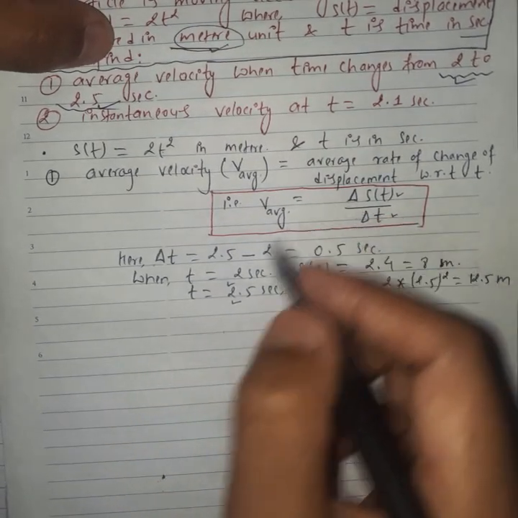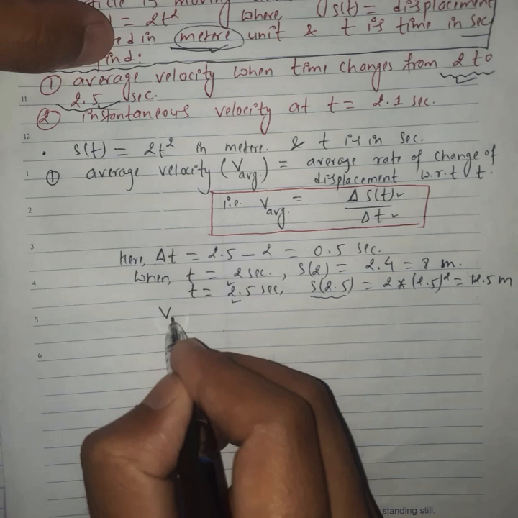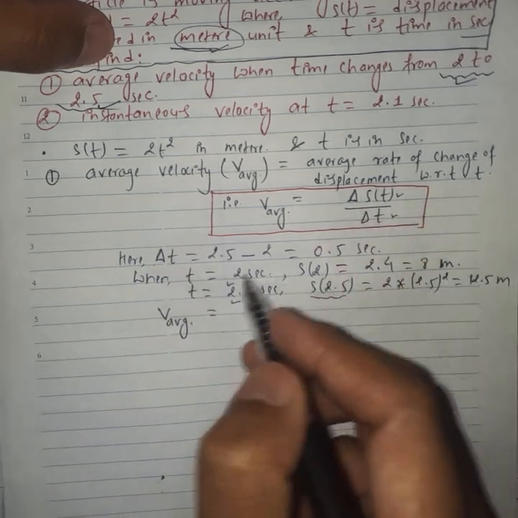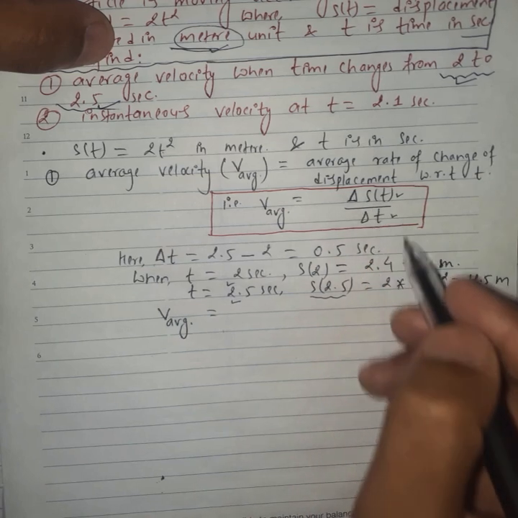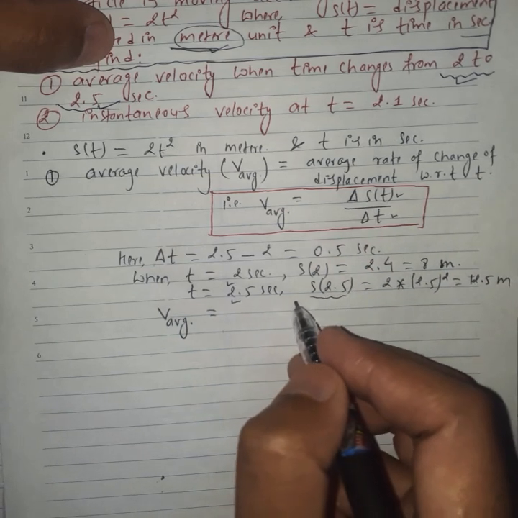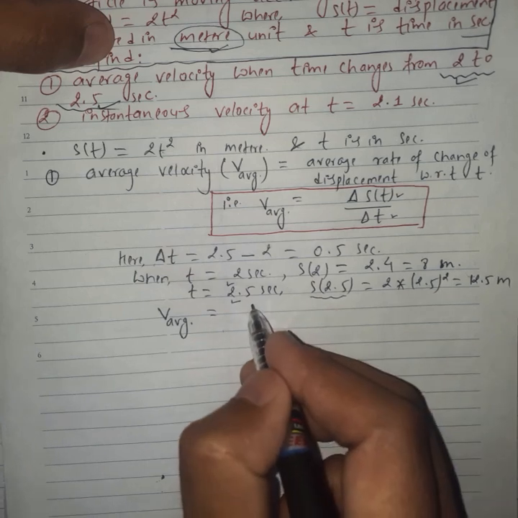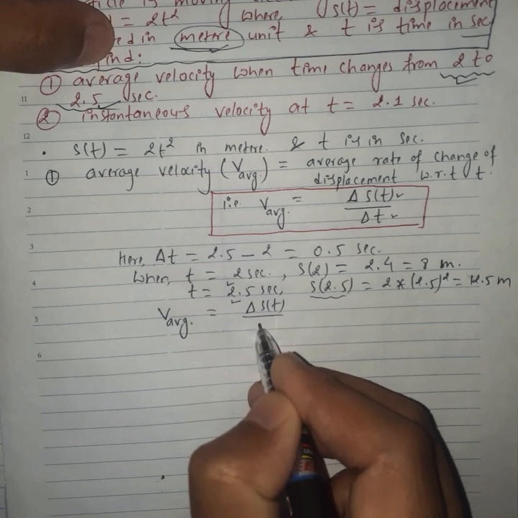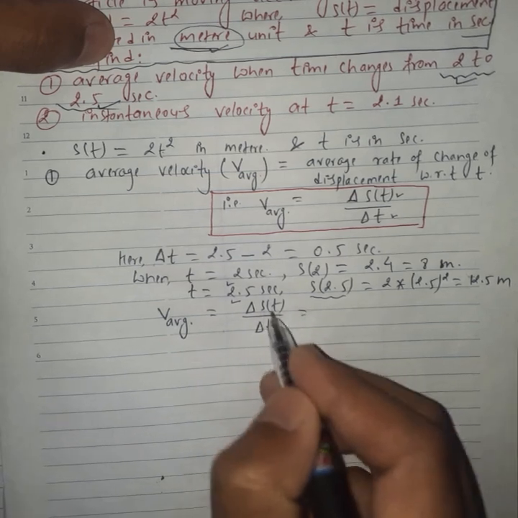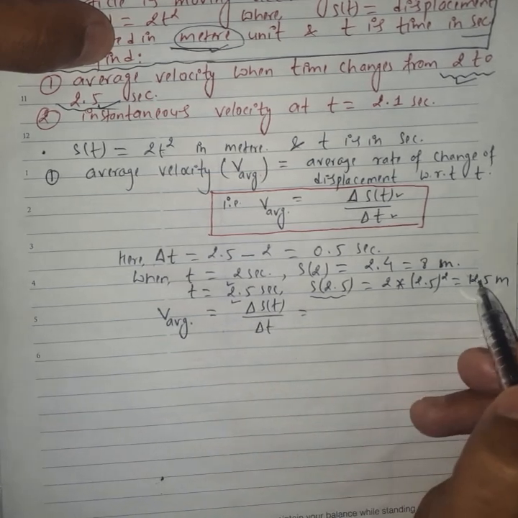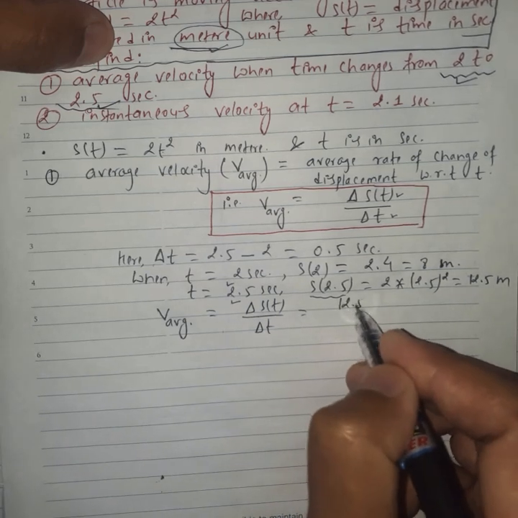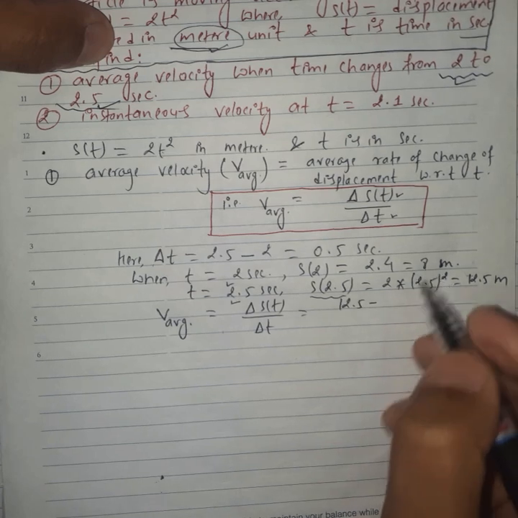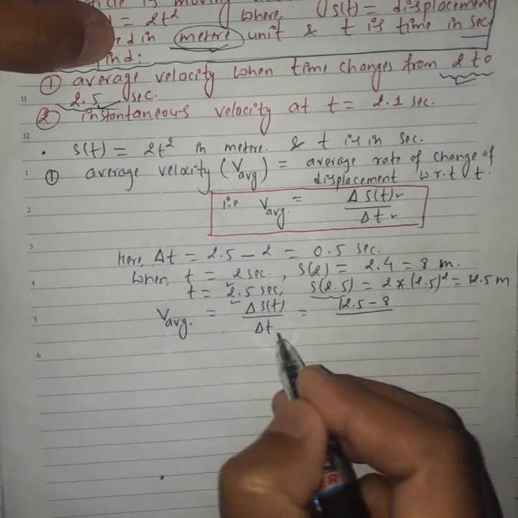So we can easily calculate the average velocity by using this formula: delta s of t over delta t, where delta s of t is the change in the displacement. Here the final displacement is 12.5. For the change we have to subtract final minus initial, over the delta t, which is calculated here as